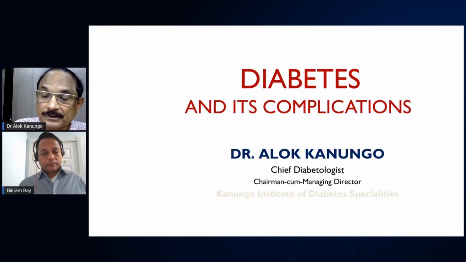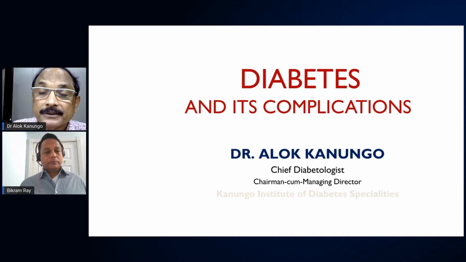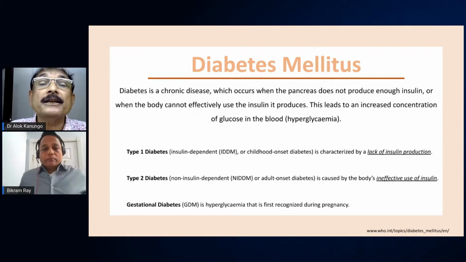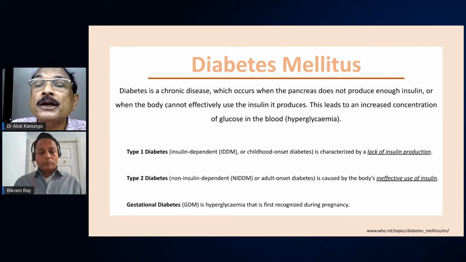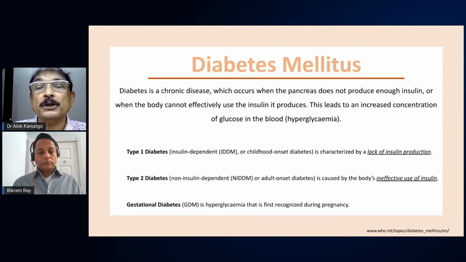Right. So dear friends, I'm happy to share this platform with these internationally reputed technocrats. Vikram and I understand very well the problems of diabetes. We thought of giving a little betterment in life to those millions of diabetics and their family members. As you know, diabetes is a chronic disease which occurs when the pancreas does not produce enough insulin, or when the body cannot effectively use the insulin it produces.